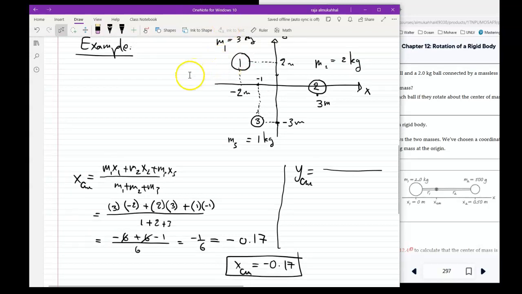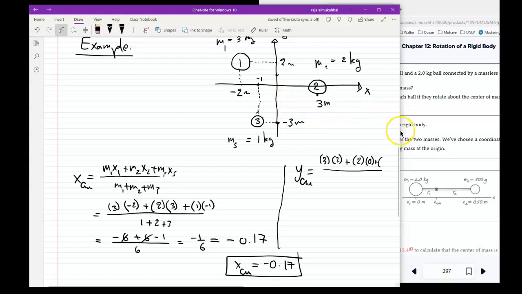So that's going to be 3 times 2 plus, for M2, this one right here, that's going to be 2 times 0, correct? Why 0? Because the y coordinate here is on the origin, right here, at the origin. And then plus,